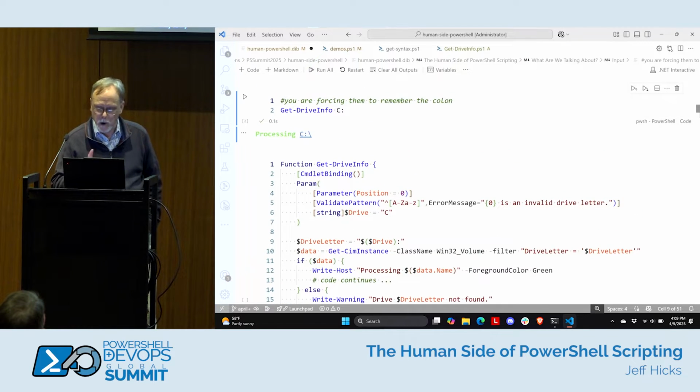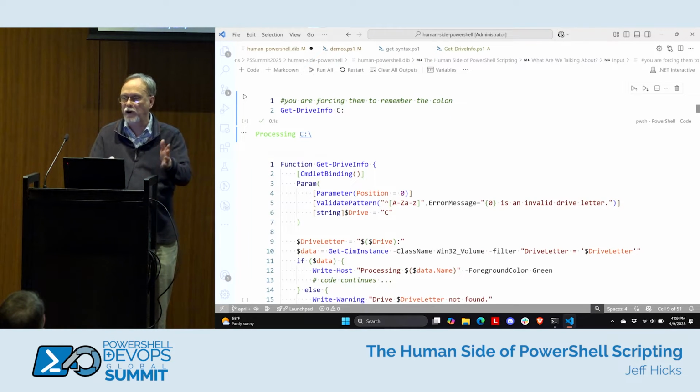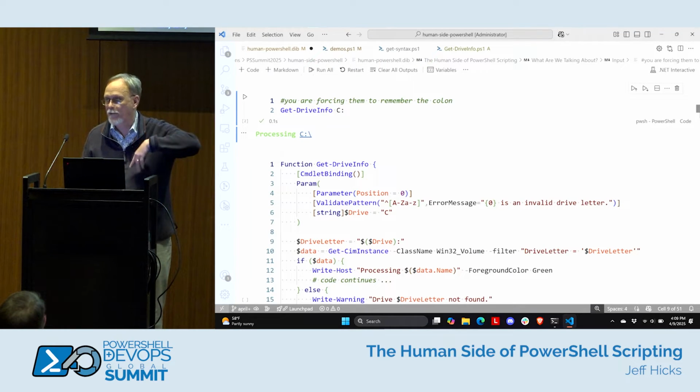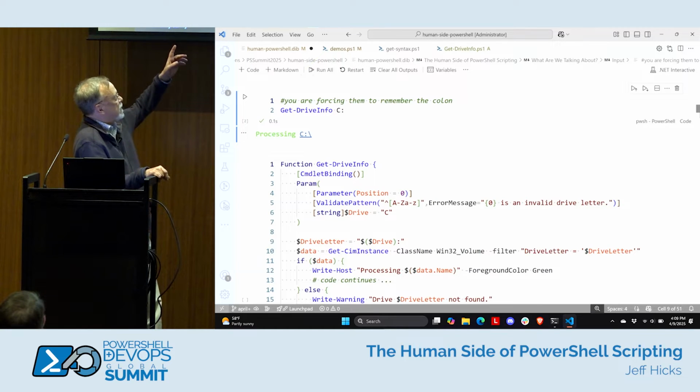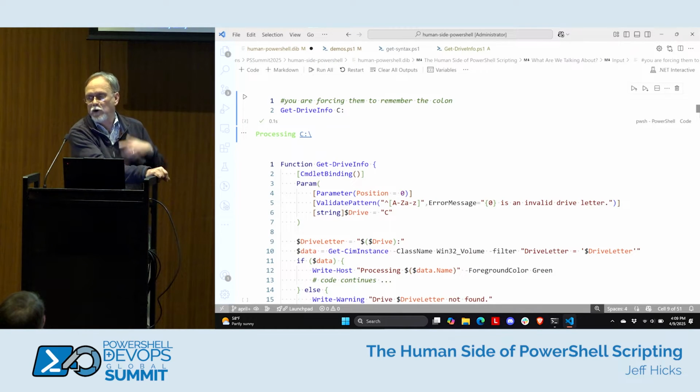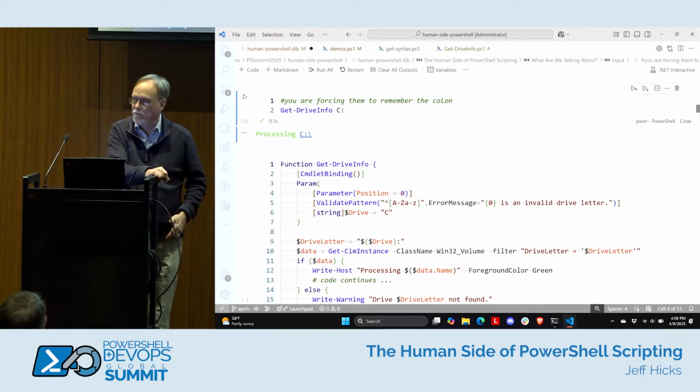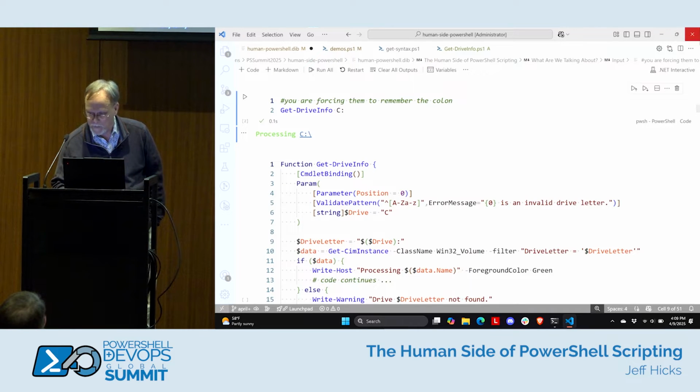Navigating the notebook is the biggest challenge right now. My little sample function just says processing and then whatever the drive is, not doing anything. I don't want to force the user to have to know to do that. There are a couple of ways we can get around that. Here is an